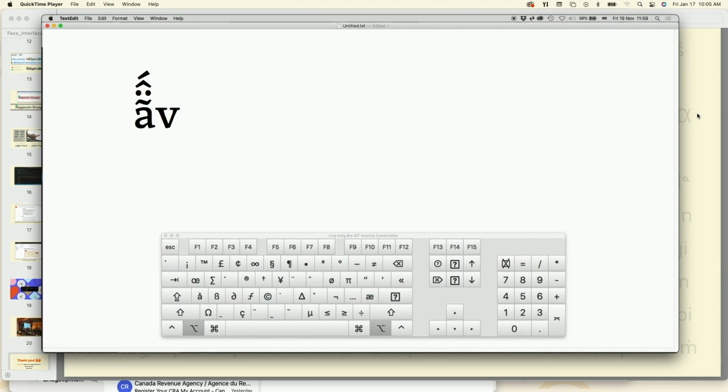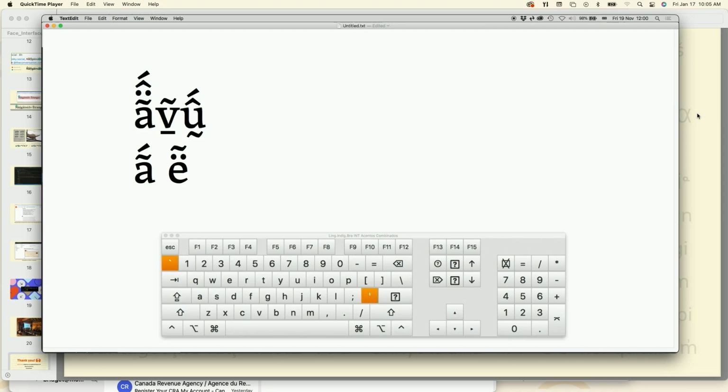We can make funny faces with this, but my goal while developing these keyboards was that I needed to stack anything on top of anything. So I tried to make a system that you could actually type any diacritic on top of any letter or underneath it. This was my goal while developing these tools.